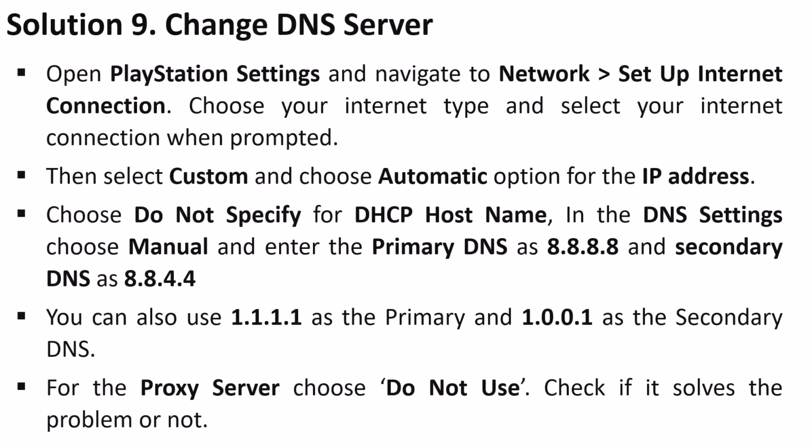Solution 9 is to change DNS server. Open PlayStation settings and navigate to network, set up internet connection. Choose your internet type and select your internet connection when prompted. Then select custom and choose automatic option for the IP address. Choose don't specify for the DHCP hostname. Now in the DNS settings choose manual and in the primary DNS enter 8.8.8.8 and in secondary DNS enter 8.8.4.4. For the proxy server select don't use and then save it and then you can go ahead, launch the game